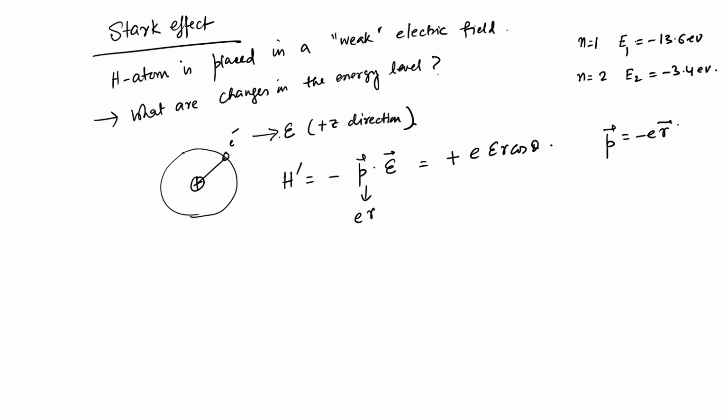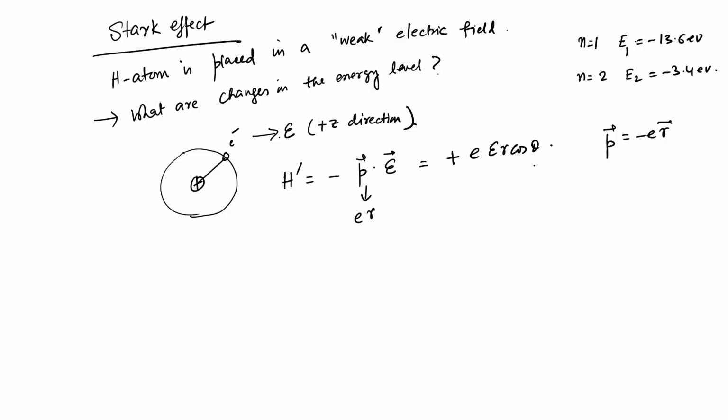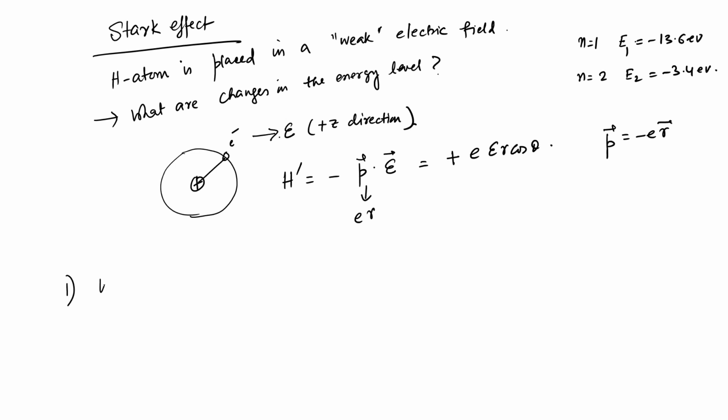So, that is the understanding, and that minus sign gets cancelled, and we have this potential energy, which is the perturbation term for us, and we have to calculate what happens because of this perturbation. It is a product of the electronic charge, small e, and the electric field, that curly E, and then we have this radial variable r multiplied by the cosine of this angle. And so, the first question, the simplest one, is: what is the first order Stark effect